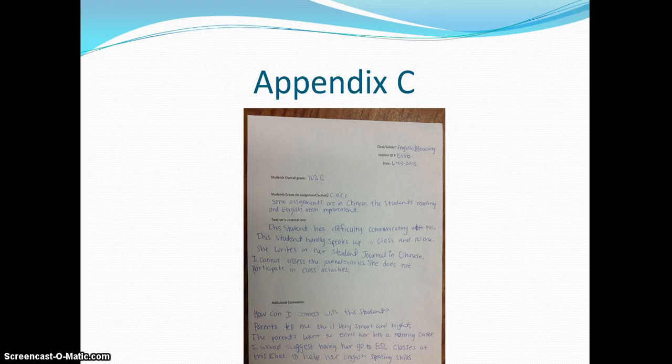Appendix C shows Mrs. Evans' evaluation or assessment on Lola's performance. And overall, she has a C in the class, and she gave Lola some other grades to show for the assignments. Also, the teacher's observation said it was very difficult for Mrs. Evans to communicate with her, and she does not speak up in class. Also, her journals are in Chinese, and she cannot assess them in English. Mrs. Evans also thinks that Lola should be accepted into the ESL program, which is English as a Second